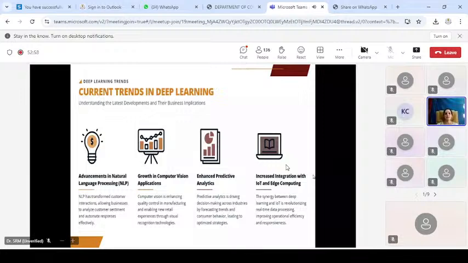Right, no problem. NLP is a branch of artificial intelligence which mainly focuses on the interaction between computers and human language. It enables machines to read, understand, and generate human language, making it possible for computers to process large amounts of natural language data. The recent advancements in NLP are fueled by DL, deep learning, and have drastically improved the ability of machines to understand and process human language.